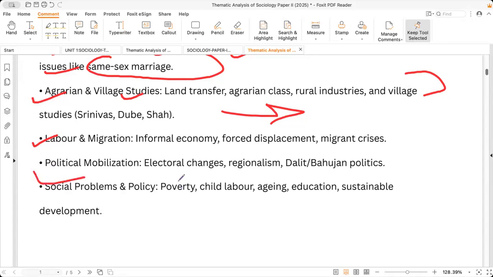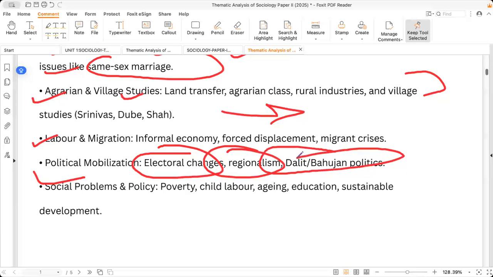Apart from it, political mobilization, electoral changes, regionalism, Dalit Bahujan politics. Dalit Bahujan politics will always be important. Why? Because the condition of Dalits has not changed drastically in the country. Still, they are being localized into tasks which are considered impure or menial. You see the presence of manual scavenging. 100% of manual scavengers are from the Dalit community. You see any kind of activity, like sweepers, see the percentage of Dalits